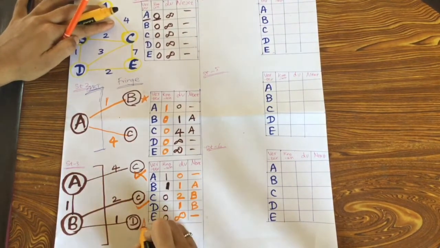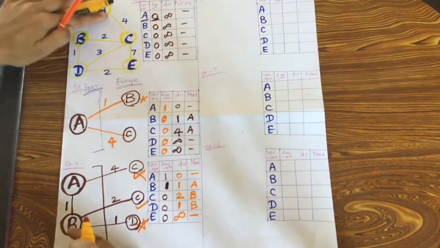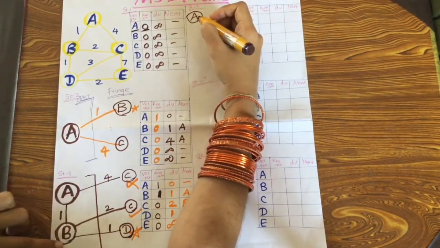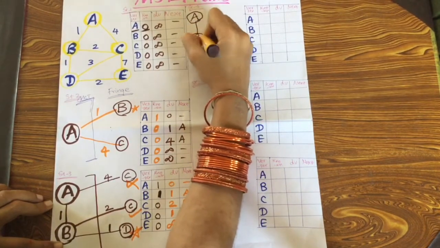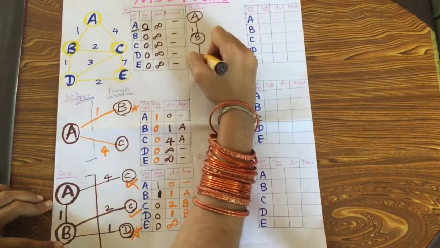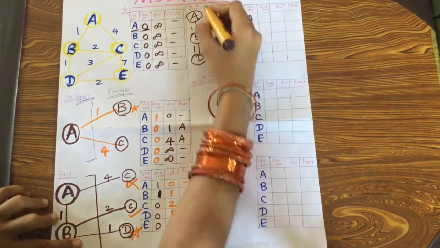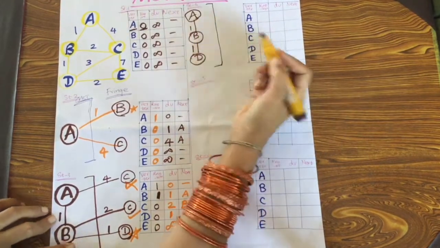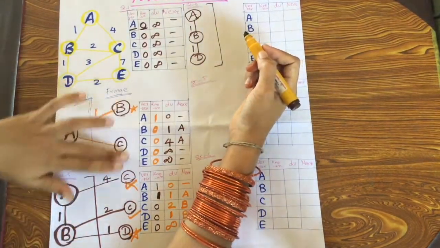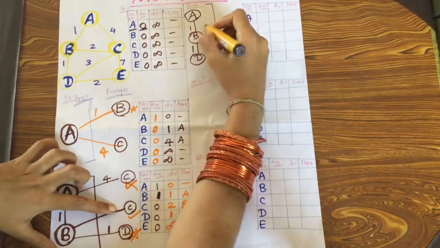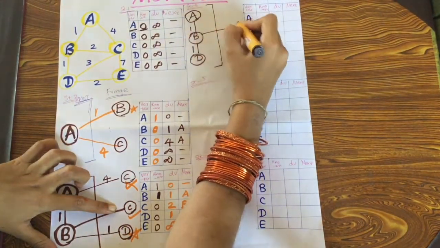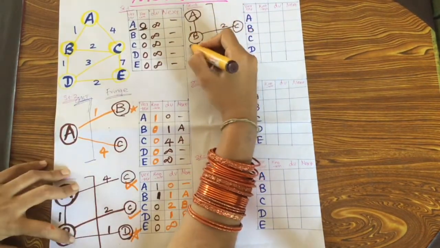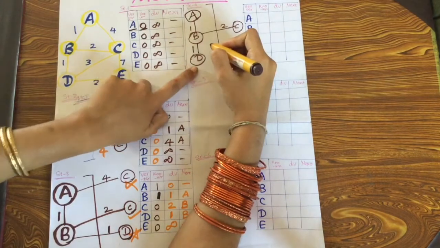Now among these, D is having the minimal weight, so you are moving that into the tree node in the next step. So A, B and D will be present on the tree node side. Write them along with their weightage. Now what are the fringes of the previous step? A is rejected, you can leave. For B you are having 2 fringes. D has been brought to tree node, so only one fringe you have to write, C. D has been brought into the tree node, so it's okay.